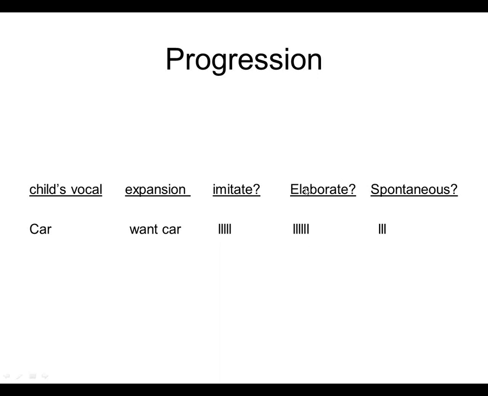All right, well, you know what? I'm going to move on to elaborating. I'm going to give them that look. And look, now all those times they actually did it when I just gave them the look. And then finally you have spontaneous. So now what happens is the student doesn't really want to go through all this. This is a lot. If you consistently do this, when they can actually do it, they're going to want to skip all that. And so they start to say "want car" instead of just "car" initially on their own. And that's the spontaneous part.